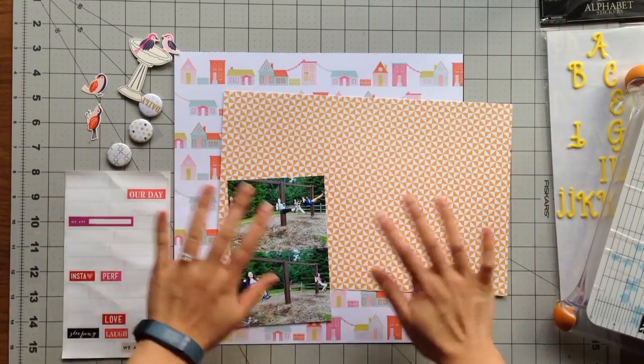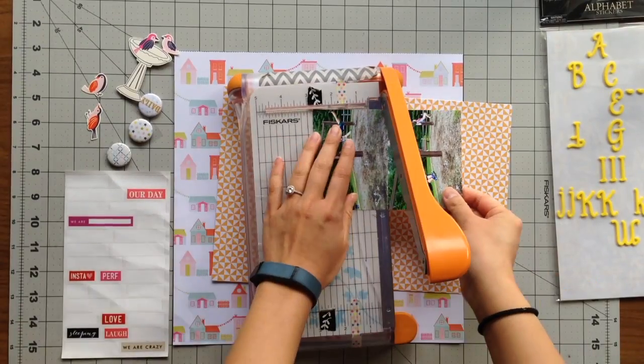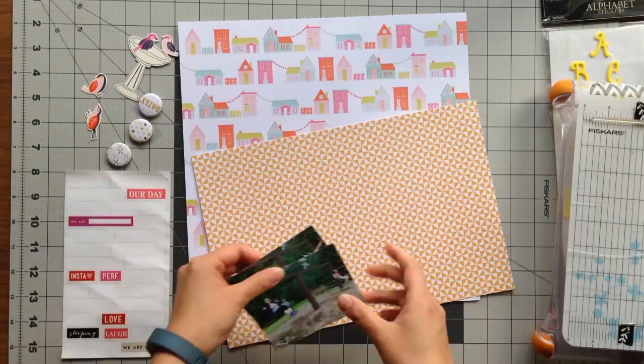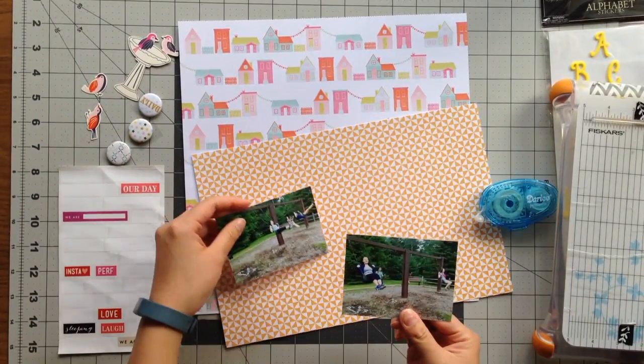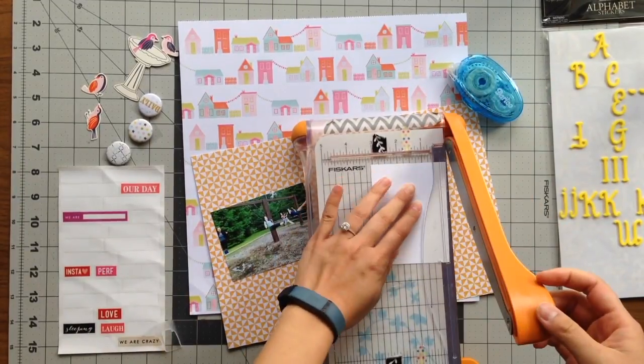Hi everyone! Today I'm going to do a layout with photos that my friends and I had taken when we went to play on a playground. Yes, we are all adults, we're all grown-ups, and we all have jobs and careers, but we still love the